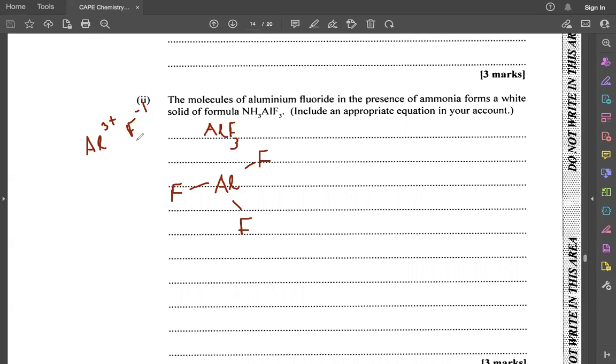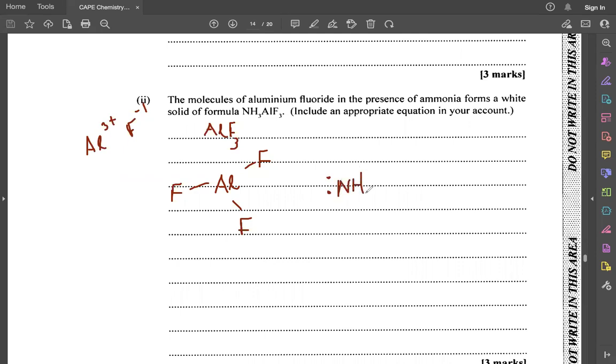Let me just repeat that. There are going to be 3 fluorine atoms per aluminium, right? So that's what our formula is, AlF3, and this is the structure that's going to be formed. And when we bring ammonia into the picture now, we know that ammonia has a lone pair on that